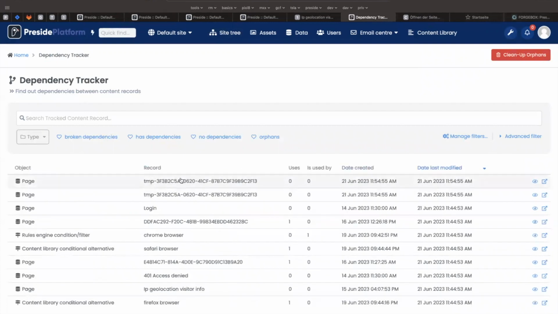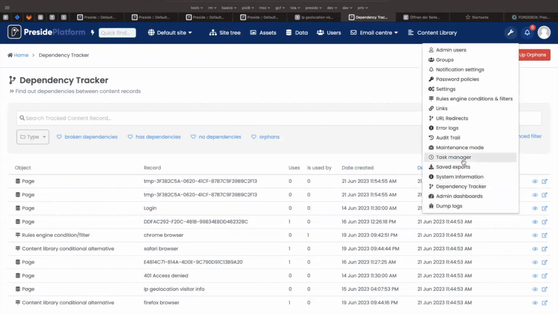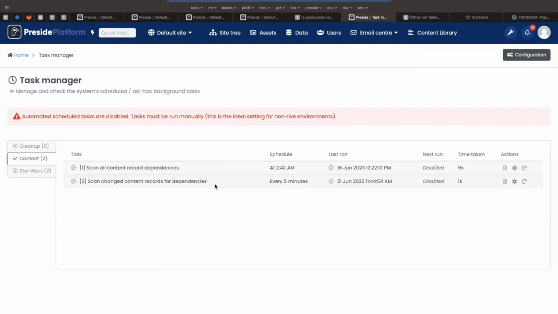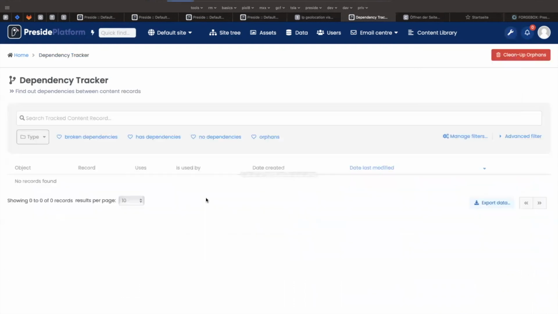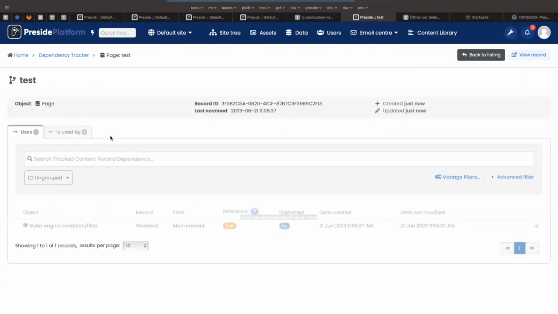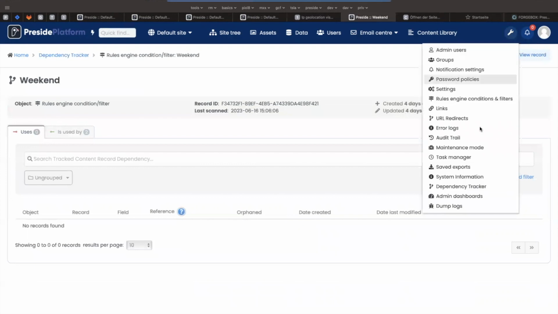Okay, yeah, a temporary record was just created, as far as I can see, but it hasn't actually done anything with it. So now if we run the task manager task that should run every 5 minutes, change records, it will just find that specific one page, that's it, and now it's in the dependency tracker. We have that test page, it uses that rules engine condition in the main content. And if we now go ahead in the rules engine condition,